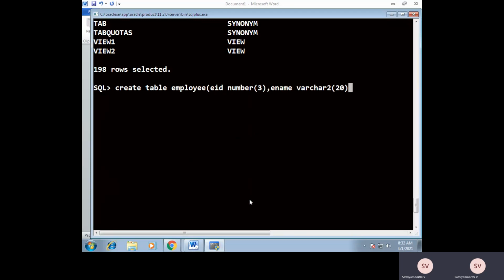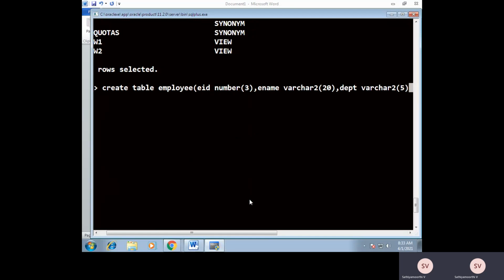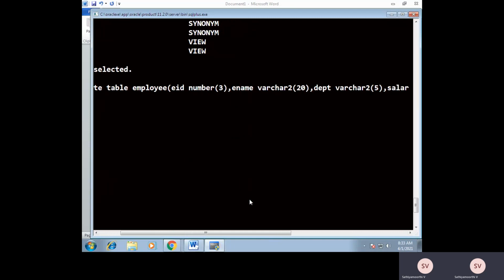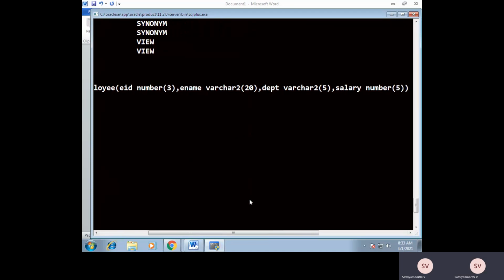Varchar is a character-related data type. Then we have department, a department of type varchar2 of 5. You can have an abbreviation for each and every department, so the maximum number of characters is 5. Next we have salary, of type number, a 5-digit salary.